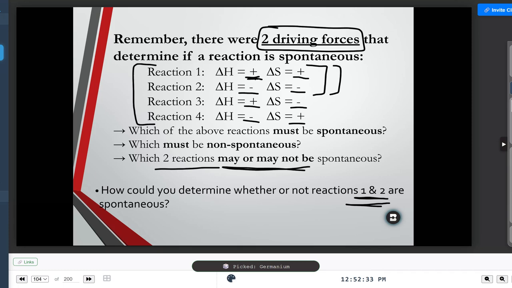When does that happen? It's a natural occurrence. Well, when does it become natural? Because it can be spontaneous or non-spontaneous. All right, you guys ready to give it a shot? All right, so let's look at reaction 1. You've got something that is endothermic, so it's absorbing energy and is becoming more dispersed. Raise your hand if you have an idea of what this might be.